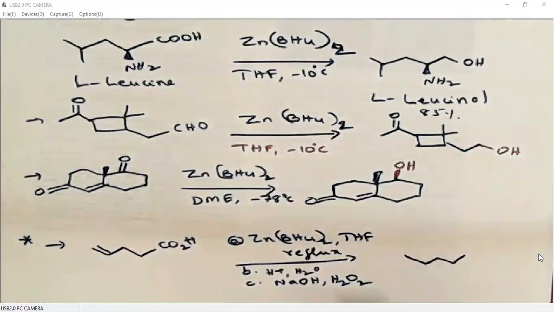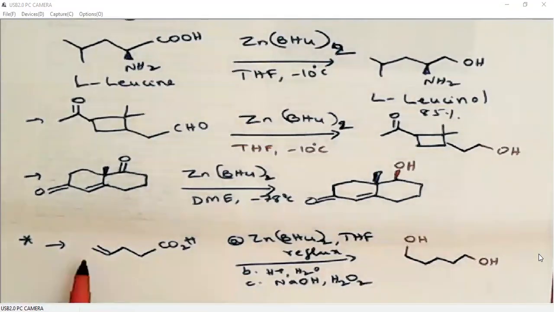Of course, this carboxylic acid will be reduced to alcohol, fine, but this double bond also will be reduced like a diboron reagent. When we oxidize the diboron reduction product, that means the alkyl boron, what we will get is an alcohol. Okay, I'll discuss these diboron reductions in the next topic, so I'm not giving the mechanism here.